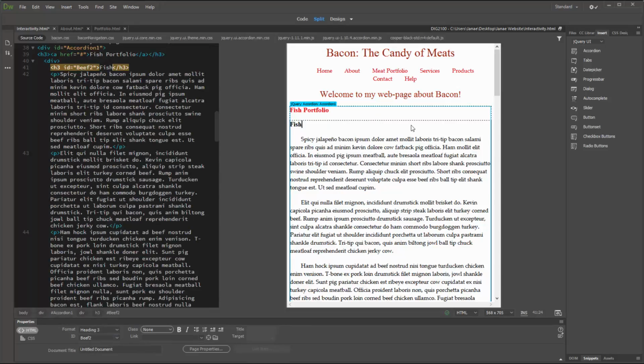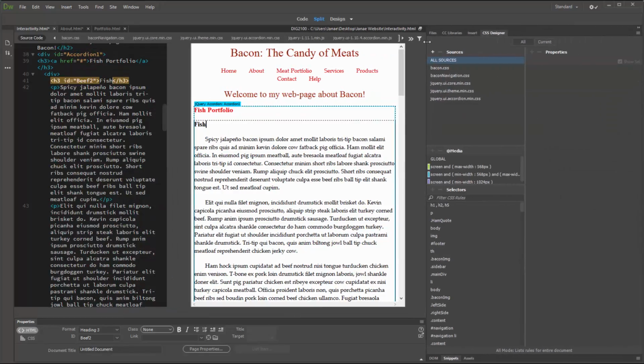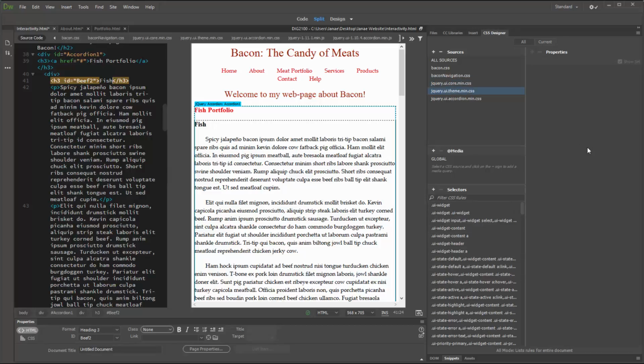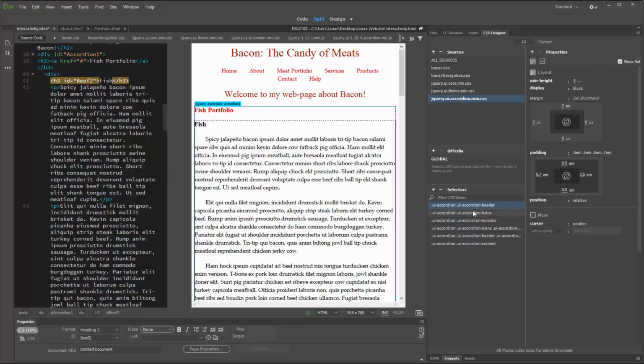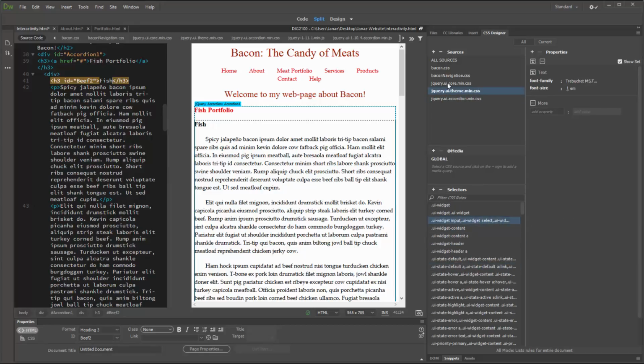So it does take all that work off of you. If we come into our CSS designer and take a look, again, here are the two style sheets that we produced. And then if we come down and click on these, you can start to look at what some of these items pertain to. So if you decided you wanted to maybe alter the appearance of some of these, you would want to come into the theme right here, and this is going to help you alter the colors, for